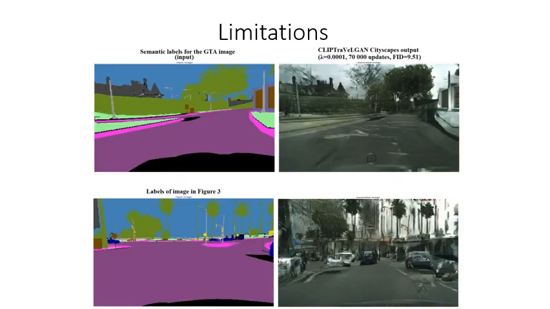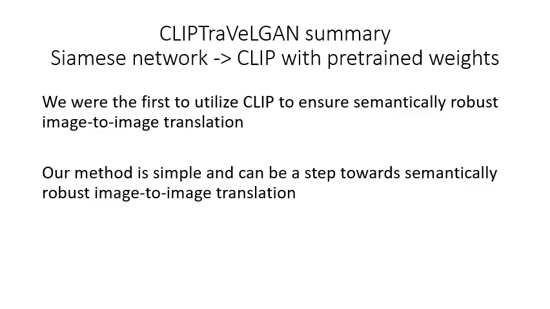But our method has a limitation. If we try to convert labels into European images, we have a problem. CLIP never saw such images while training, so it cannot help in such a problem. Results are very bad. To conclude, we propose to use the CLIP image encoder with pretrained weights instead of the Siamese network